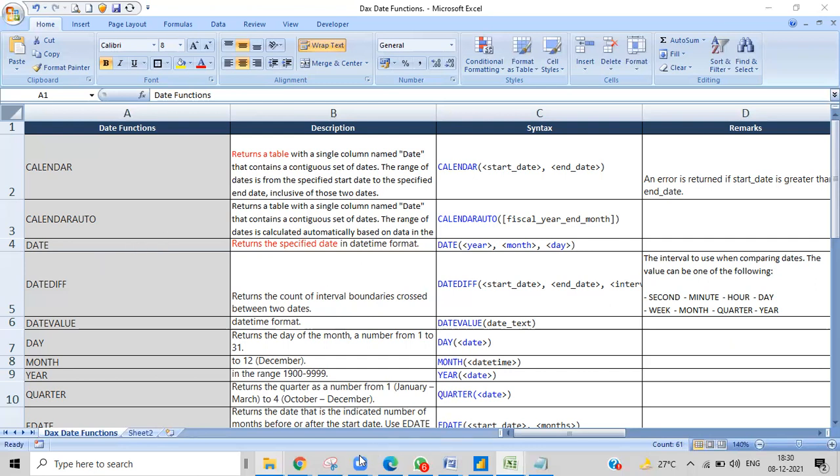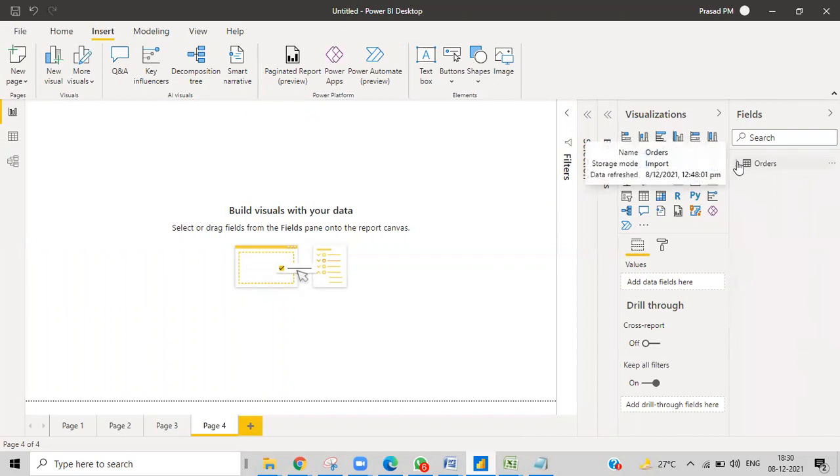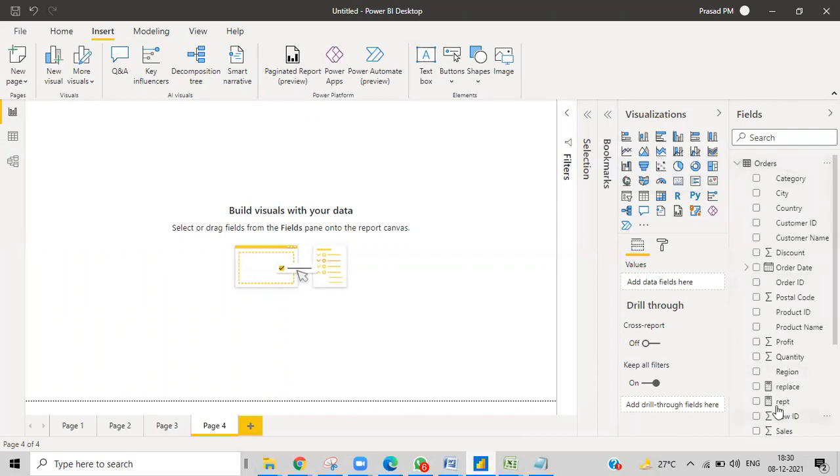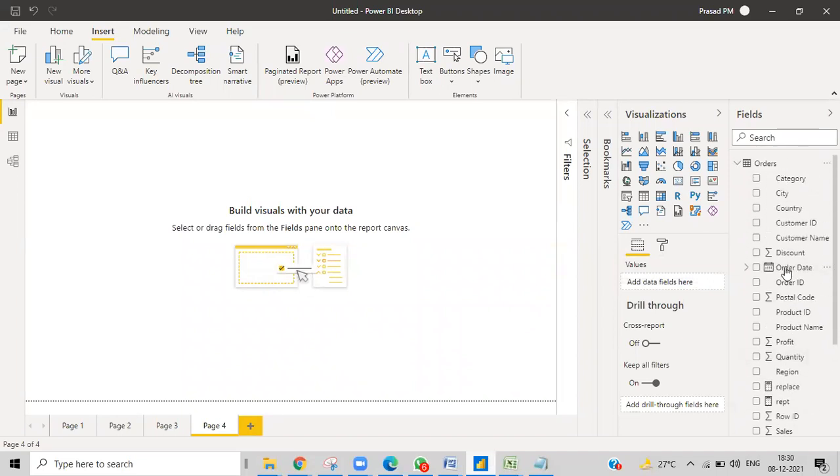Let's do a deep dive into today's concept, and I have the same table. The Orders table. We'll work on this table most of the time; this is our practice table because we have a lot of things here. First of all, I have date columns. Whenever we see a date, it shows a calendar icon, which represents that it is a date. I have two dates, I hope: Sales Date and Order Date.